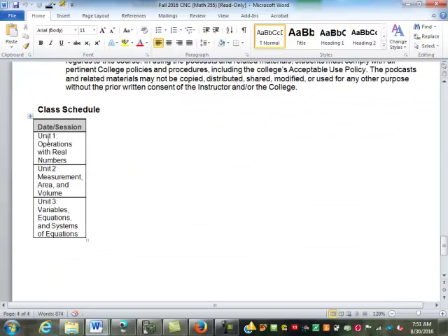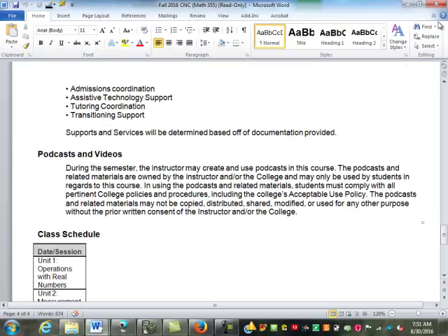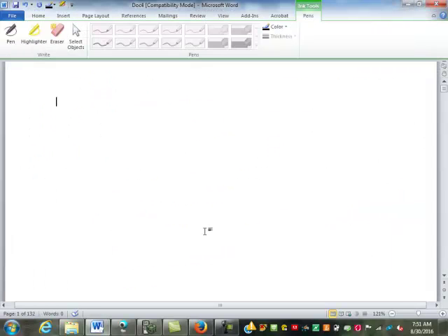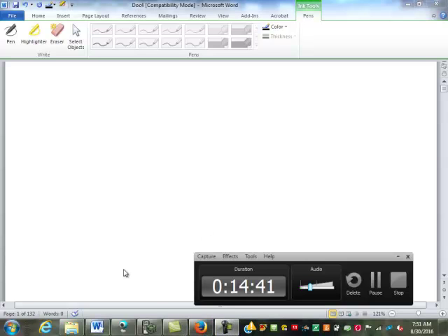And then that's just a list of our units in here. There's 3 major units. The third one I break up into 2 tests. That's how we get 4 unit tests. Any questions on policies? Okay. Normally I make the whole class one recording, but I'm going to separate this one